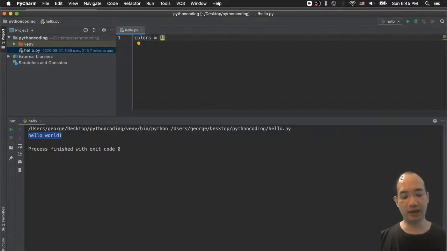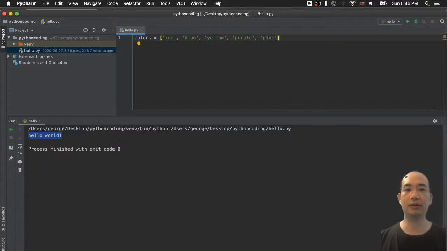In the colors, I should have some color like red, blue, and also yellow, and probably purple, and also light pink,